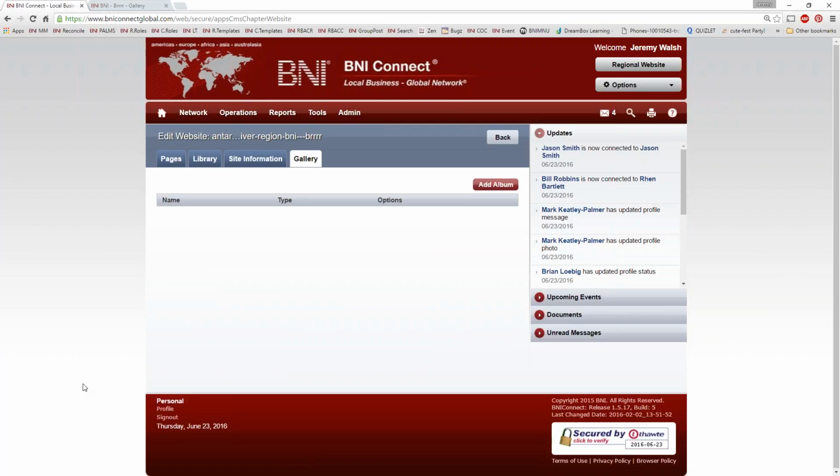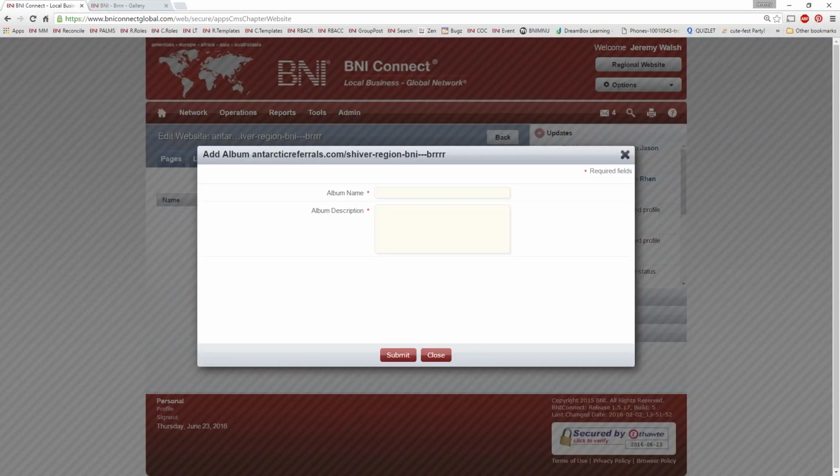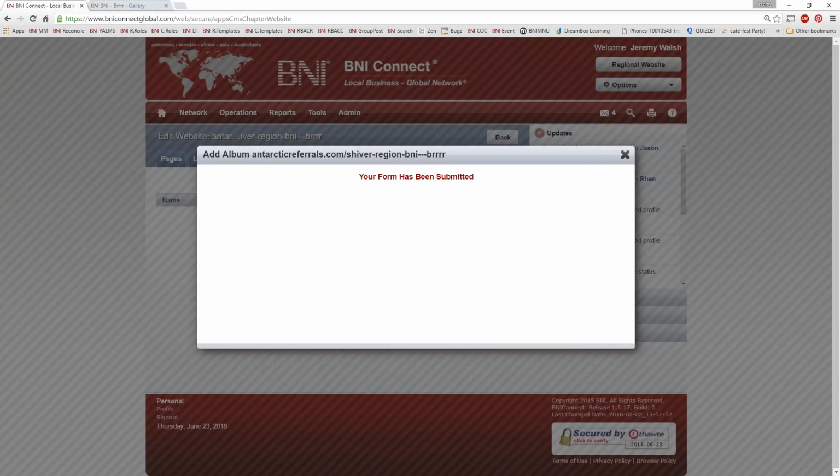The gallery tab. The gallery tab is very similar to the library tab. This is for your chapter gallery so that you can upload pictures of your chapter and create little photo albums and be able to share some memories. This is, again, very similar to the library. Click on Add Album. We do need to give the album a name. Pictures of our members. These are pictures of our members in action. Right, so we can create an album, give it a description,